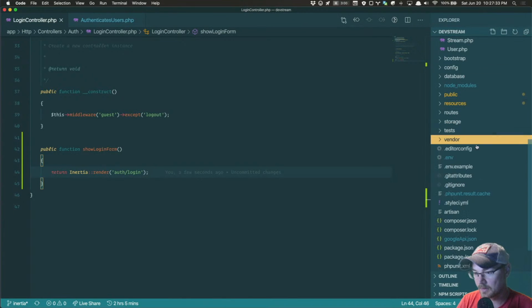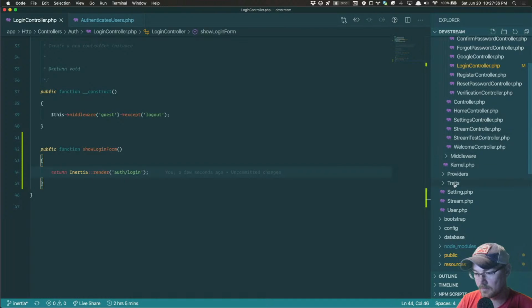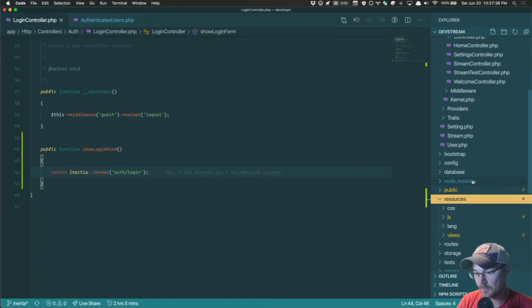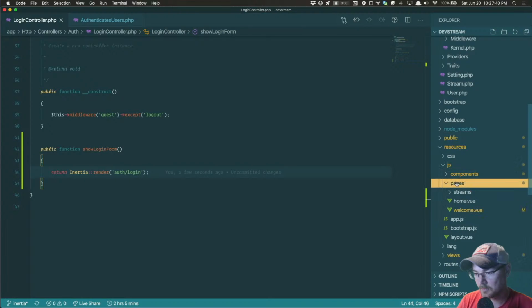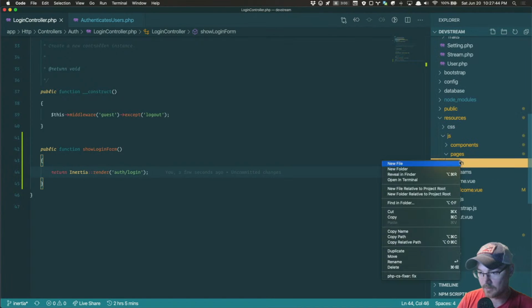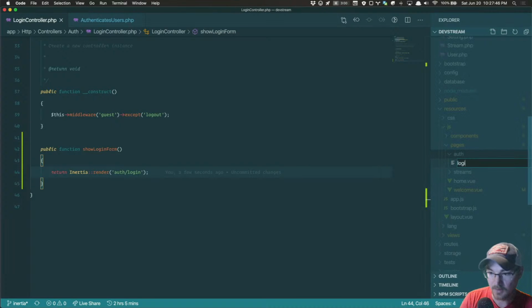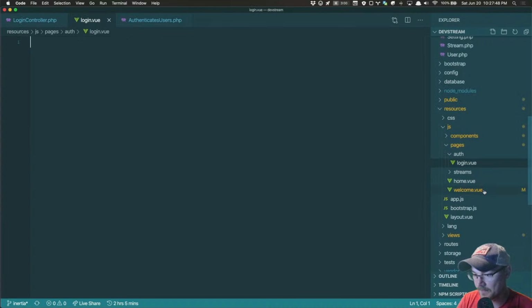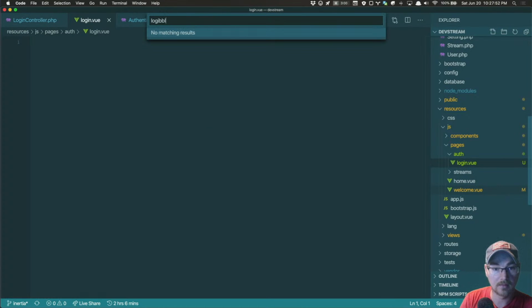Why is that expanded? Our resources, JS, pages, new folder, we'll call it auth. We'll create a new file called login.view, and then we can go into login blade,